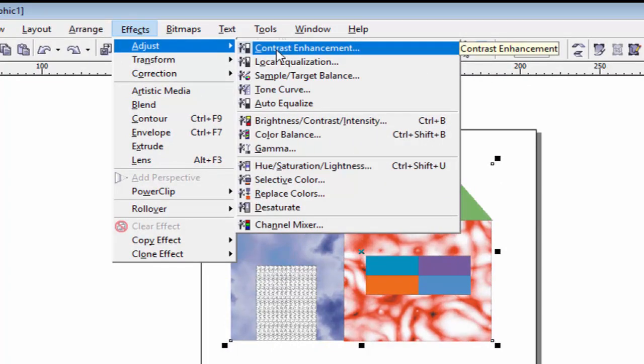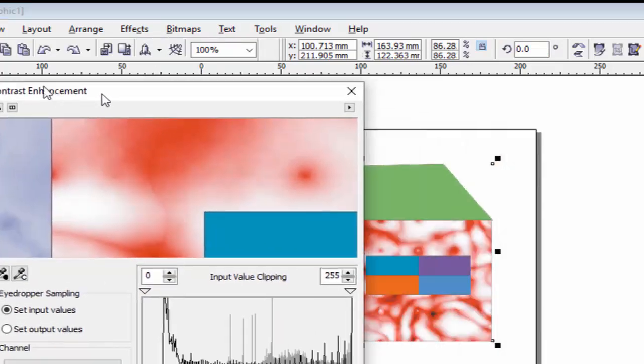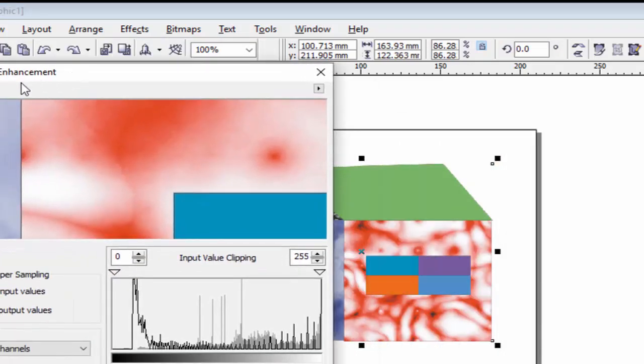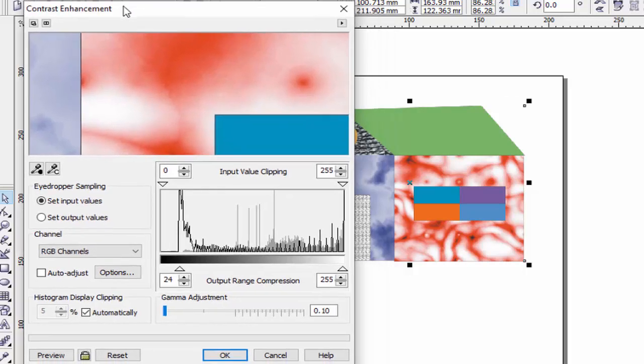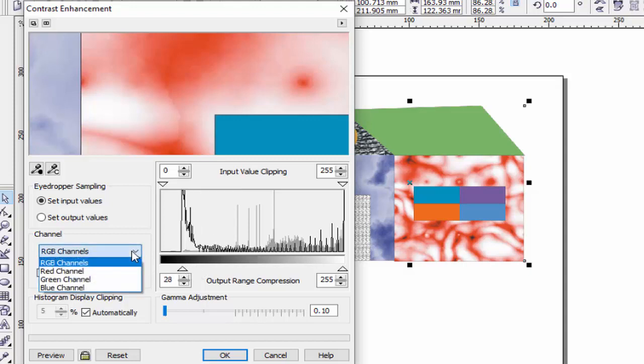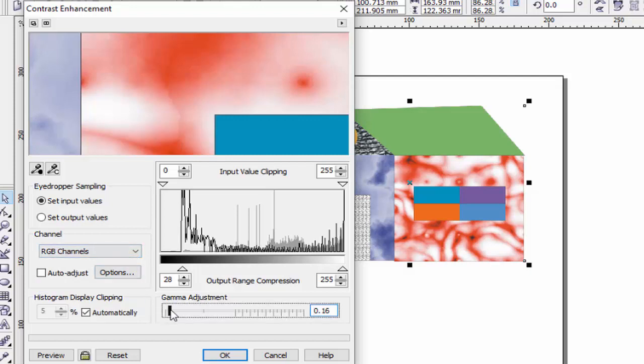The first option in adjust is contrast. This dialog box of contrast enhancement will be opened, and to adjust the contrast of your picture you can adjust it from here, and adjust the color: red channel, green channel, blue channel, means set the color of your picture from here, and adjust the gamma from here.